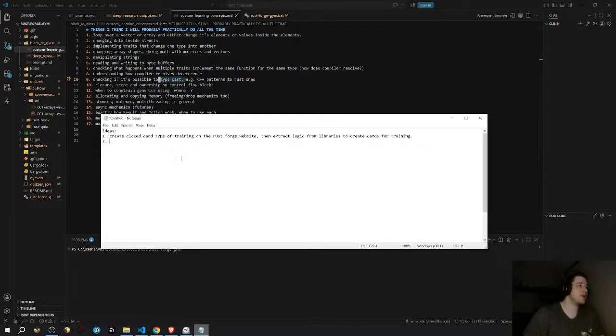So the main problem is how to go from 0 to 1. Because in order to know the fundamental patterns, in order to build quizzes to train the fundamental patterns, I need to know the fundamental patterns. Then it defeats the point. I think the first question is, what is the best way